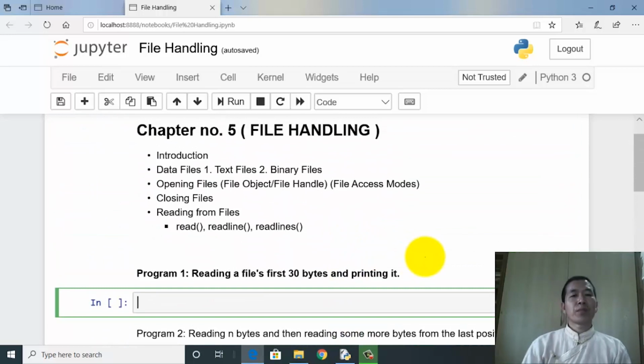And by the way, I'm using the IDE called Jupyter. It's been a while since I've been using this, and I feel very comfortable. And I recommend that you use the Jupyter IDE.